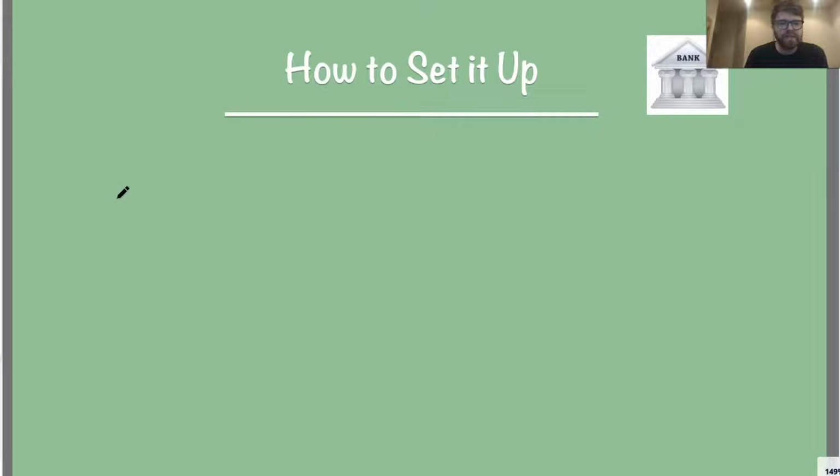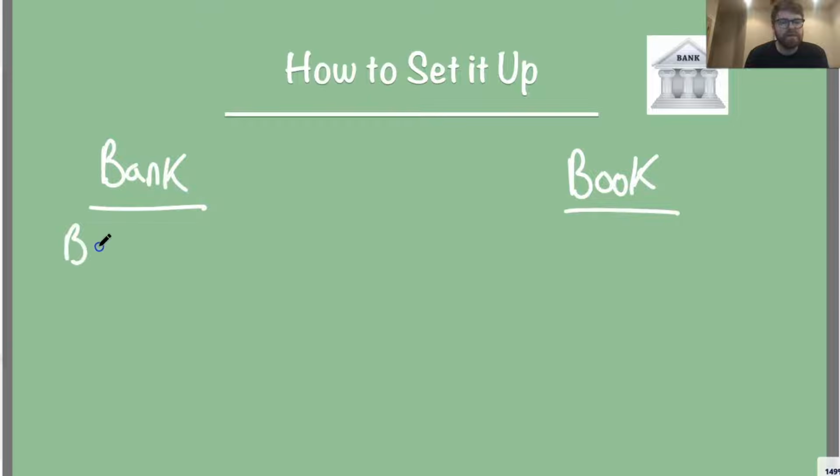Well, basically what's going to happen is we'll do the bank side over here and then the book side over here. Book side just means the company side. So with the bank side, you're going to take this balance, whatever they started with, the cash balance, and you're going to add in deposits in transit,